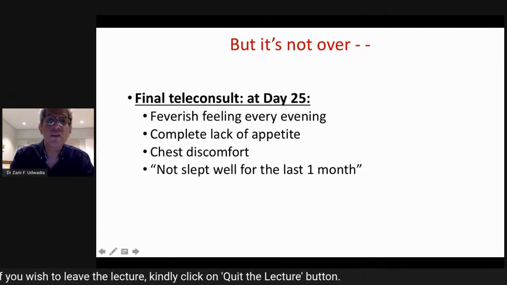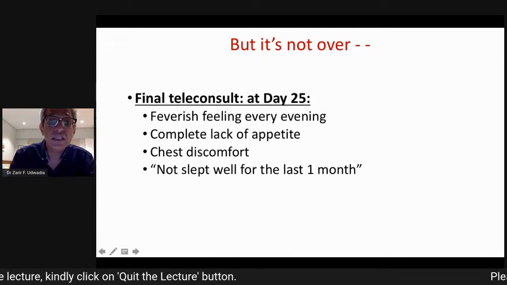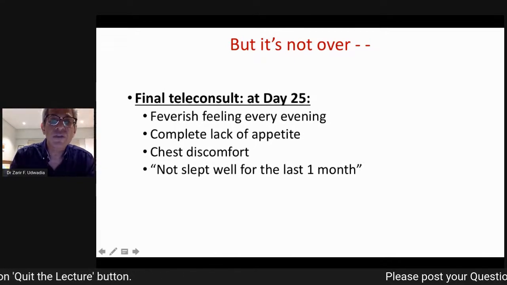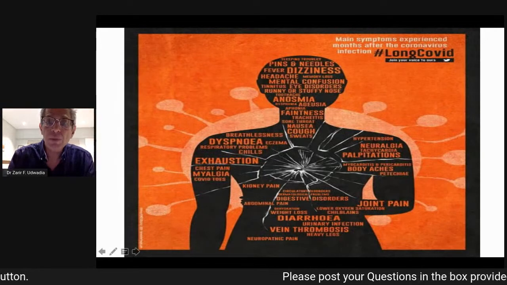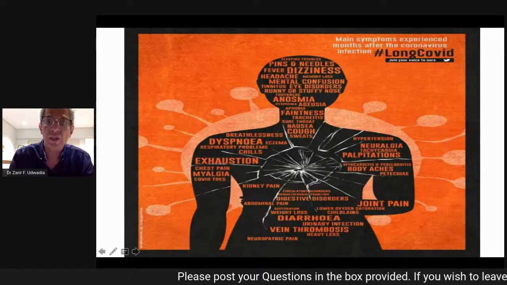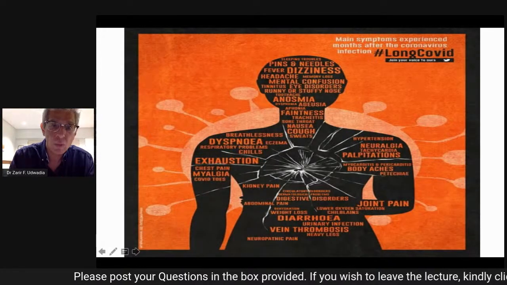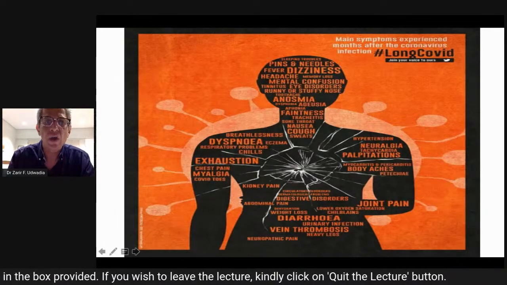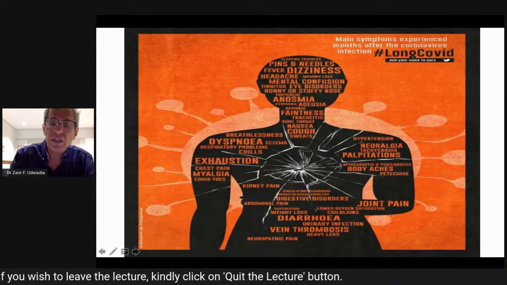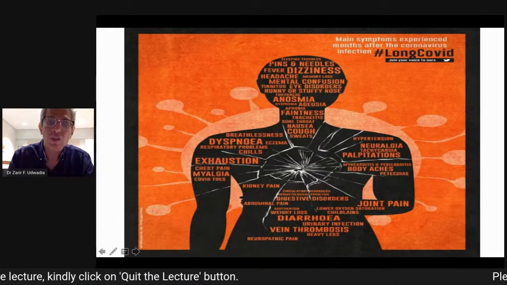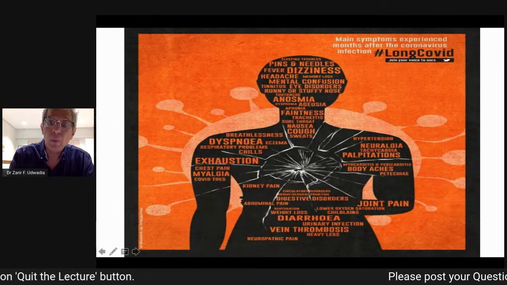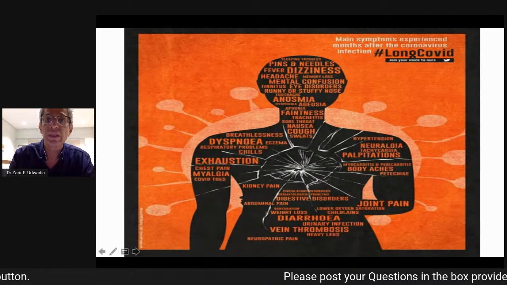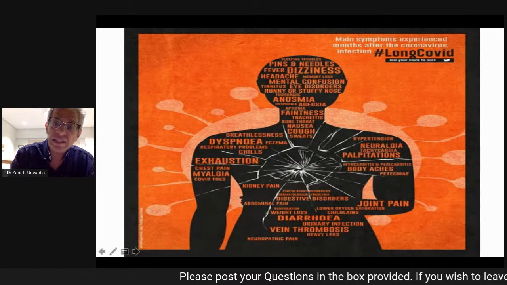Fever coming back, or feverish feeling at least. I've not slept well for a month. I have complete anorexia. She was suffering from the post-COVID syndrome, or the long COVID syndrome, like they call it in the UK, with an array, a constellation of obscure symptoms, which doctors in the past laughed off as post-viral fatigue syndrome. But when those same doctors came down with it, they realized the gravity of these symptoms, at least